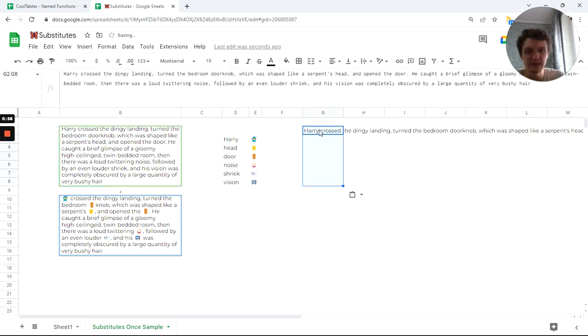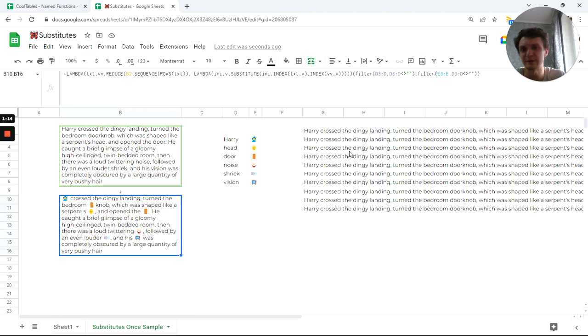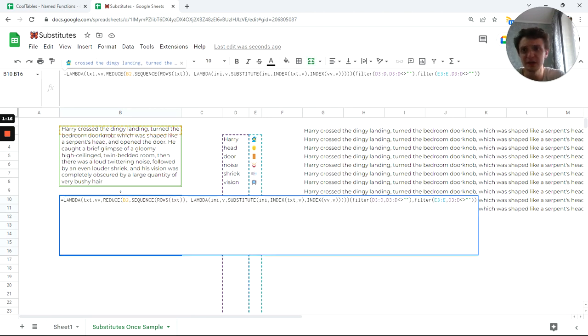Let's see. We want to replace text from multiple texts. So multiple texts replaced by multiple texts in multiple texts. So it looks like an array of arrays or something really heavy, but not for lambda. You see this formula and it looks big and you cannot understand it from scratch. Even me, I don't remember what it does and how it works, but one thing I can do with that,